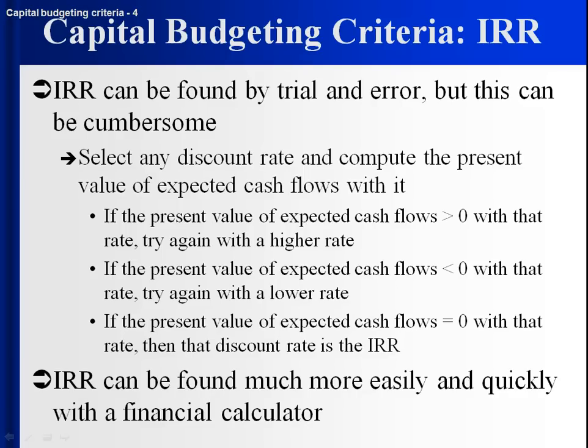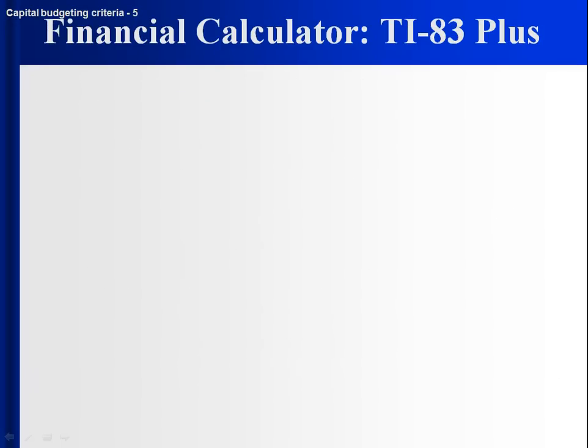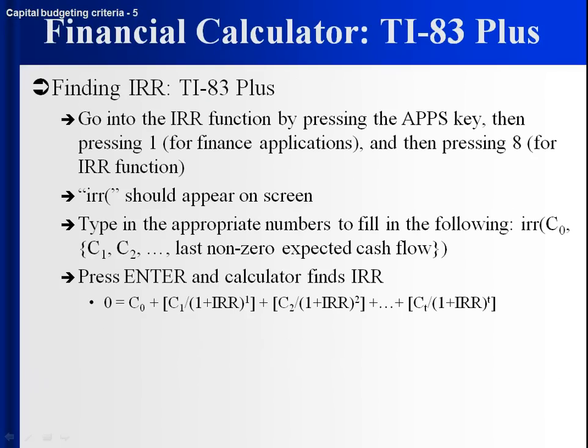Or I shouldn't say NPV, but the present value of the expected cash flows would be zero. But we can let a financial calculator do the work for us. So here you want to go to the IRR function. And so you hit apps, and then you hit 1 for finance applications, or in some cases it might be different than 1. And then you see the different functions, and on many calculators IRR is 8, so you actually